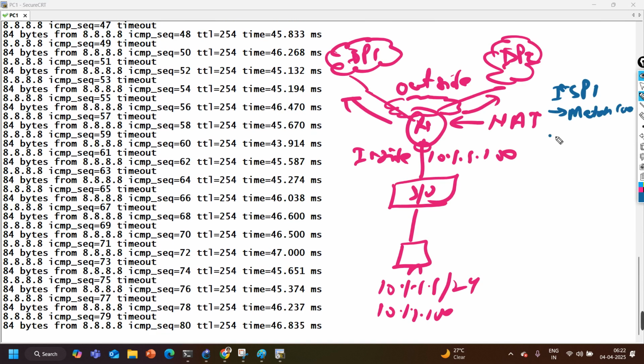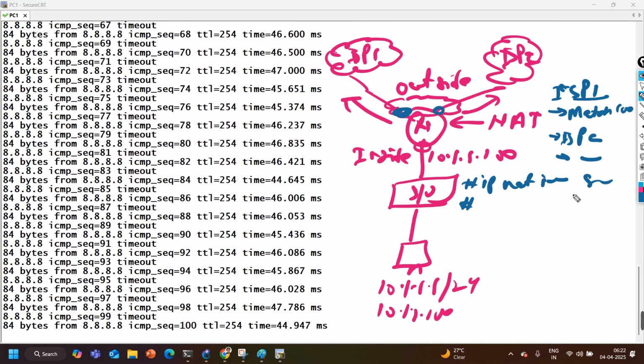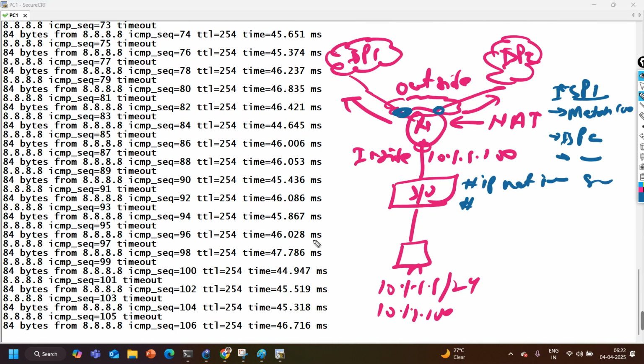And I have one more route map here with the name ISP2, and in this route map also I am matching the same subnet. After that, we have enabled NAT by running the command ip nat inside source route-map ISP1, then the interface which is connected to ISP1, and overload. Exactly like this, we have one more NAT rule: ip nat inside source route-map ISP2 and the interface which is connected to ISP2, and then overload. This is my configuration only, nothing else, right? Two default routes, NAT inside, outside, and after that all the hosts are able to access the internet, but here you can see the